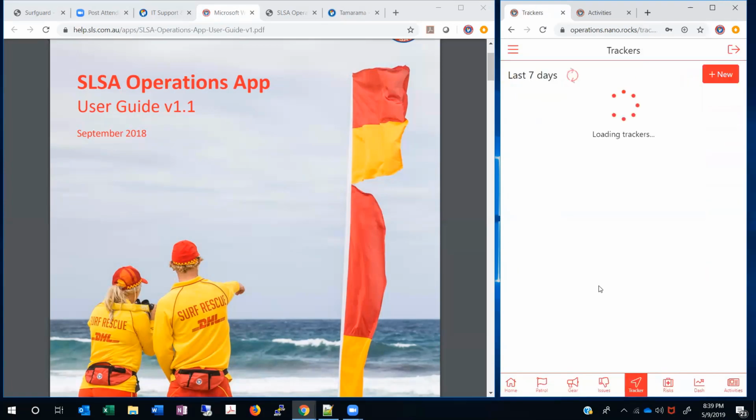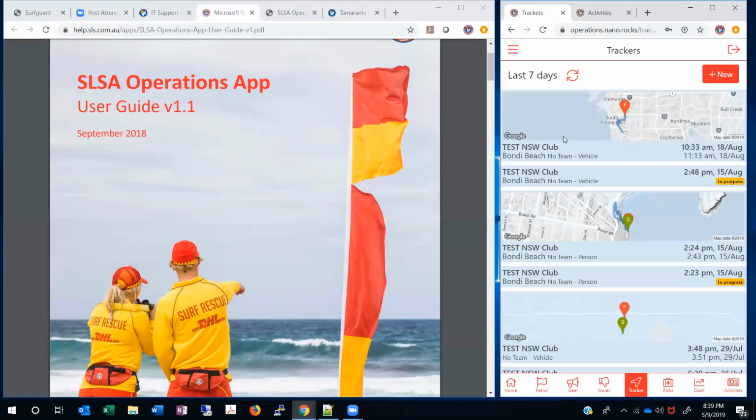We've got the tracker, which you may or may not have seen last time. So basically, if you're a support service using the system, then you can use the tracker to track your location. This is available in real time in SurfCom as well. So as soon as you start tracking your location, then SurfCom will be able to see that. It can be used by clubs if you're doing roving patrols to like a lake or a lagoon or something, or if you need to. And that's just based purely on your